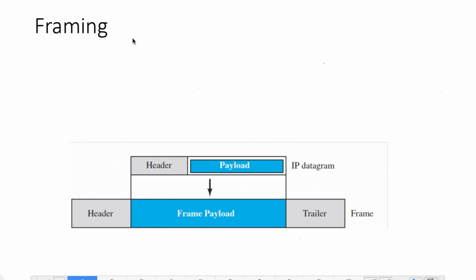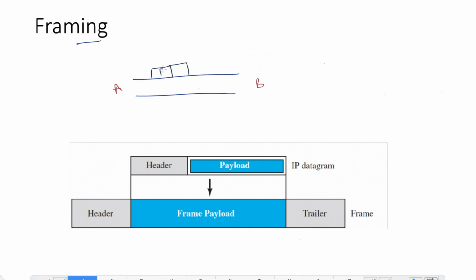Apart from error control and flow control, one of the major responsibilities of the data link layer is framing. Framing means that suppose you are sending some frames from one host to another host. Let's suppose this is A, this is B, and you are sending some frames. Now, when you are sending using this transmission medium, suppose the frames are followed by one another, which means